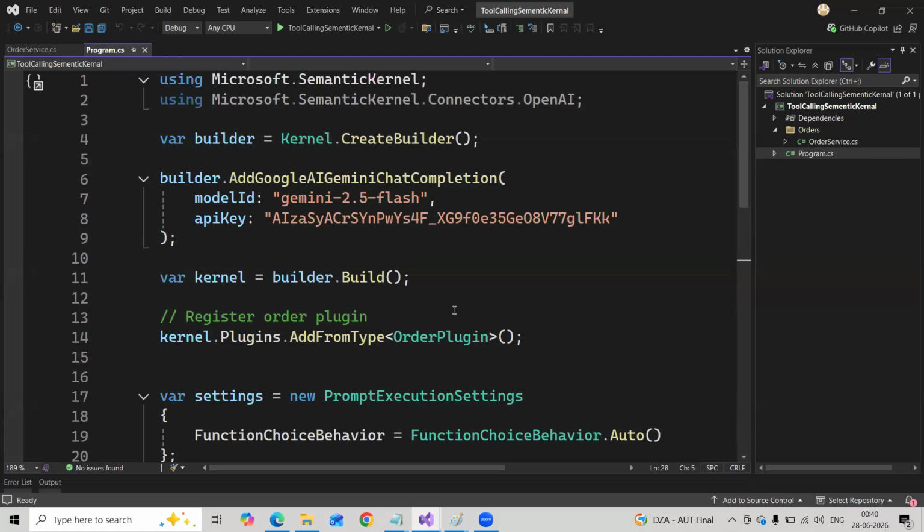In that case, you have to manage everything manually: their URLs, their keys, and their response types. Each and every LLM provider returns its own JSON, so you need to create separate deserialization classes and different parameters. Here, if we are using the semantic kernel, that is the agent framework,